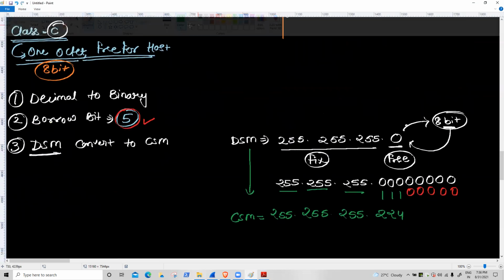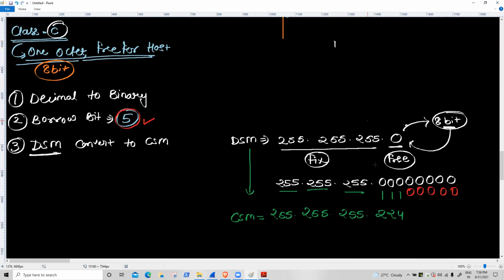Suppose right now, if you are getting 1 bit on, last 1 bit, this one, 1 0 0 0 0 0 0 0. So 1 bit on, that means how many value? 128.